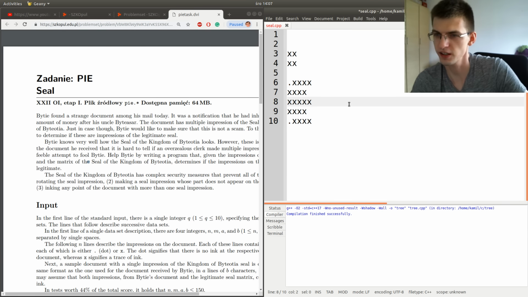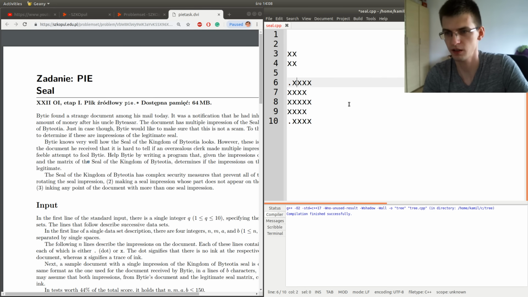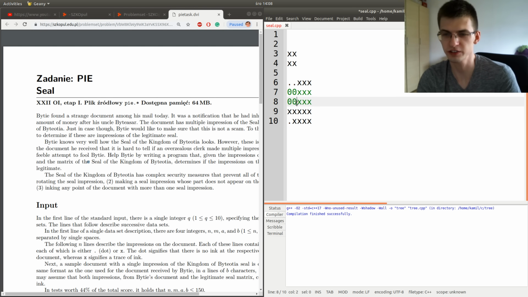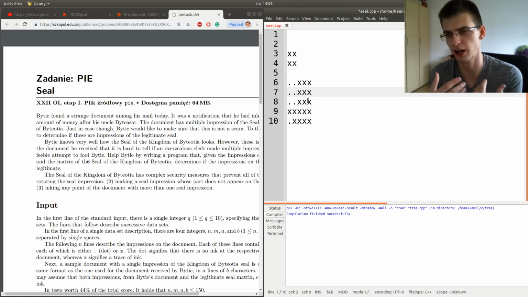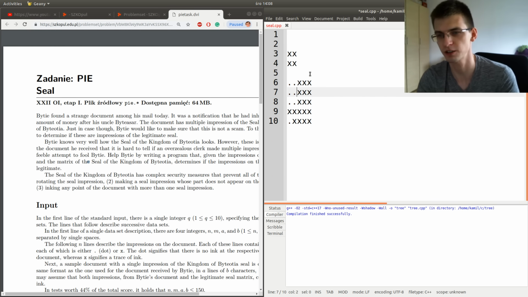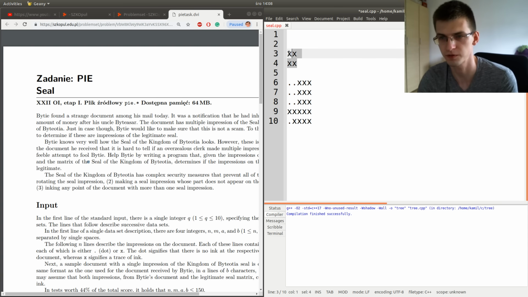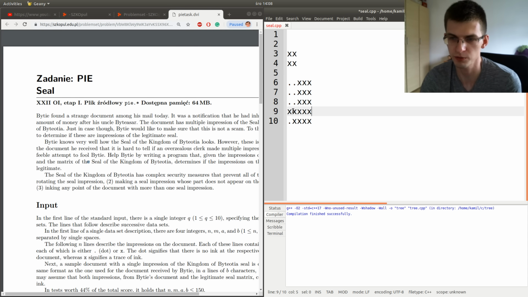And let's see if this approach would always work. Of course, maybe here there would be no X, so then we put one shape here, and then we can treat this matrix as if there would be nothing here in the beginning. So we just replace these places with dots, with empty places, and we again ask whether we can cover the whole shape with this pattern. And the answer will be no, because of this place.